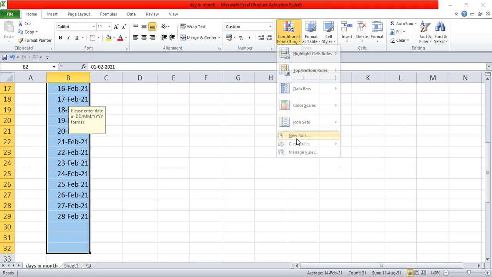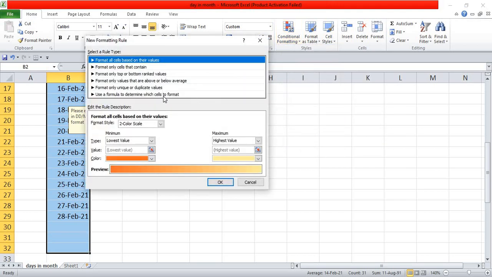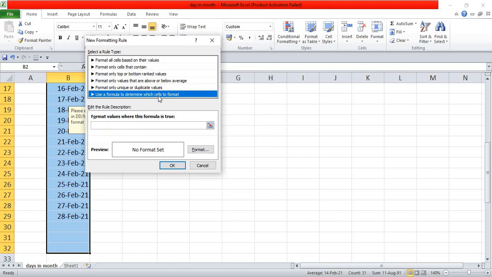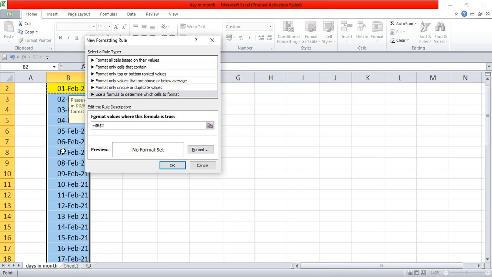I'll say new rule, then the last option, use a formula to determine the cells to be formatted, and here we'll simply give a very easy formula, and that formula is, if this cell, and I'm removing this absolute reference completely, and we'll say if this cell is not blank,